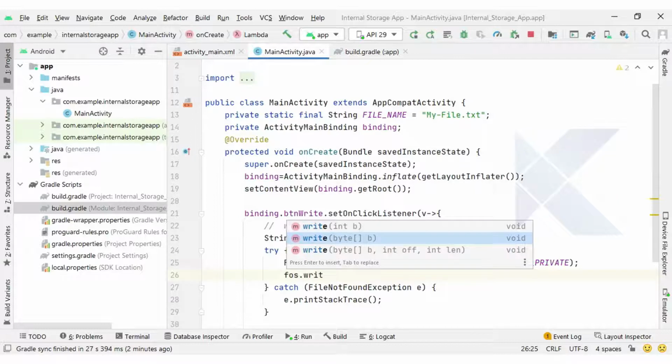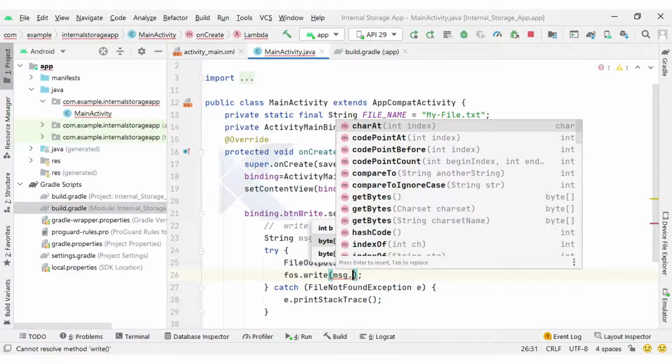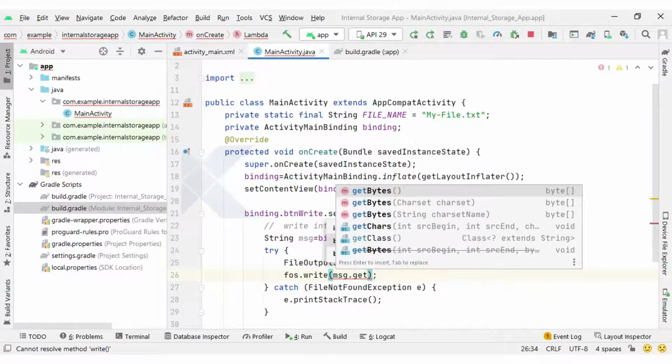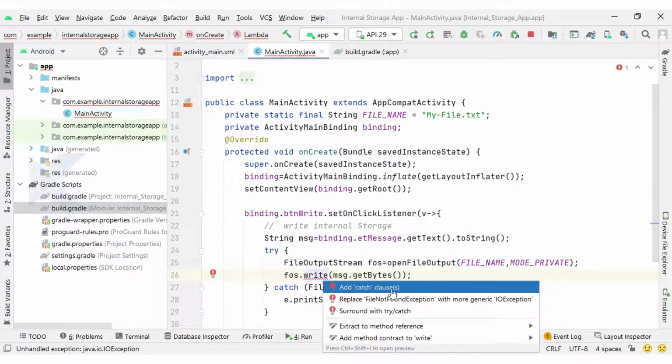You can see write method with file output stream. It is a byte stream class and it is a concept of Java. So it is asking for the bytes data only because it is a part of byte stream. And we have message with our string type, so we need to convert this string message into bytes. For that you will get the message from string class get bytes. Get bytes method will return the byte array of your string, and we can easily pass it to the write method.